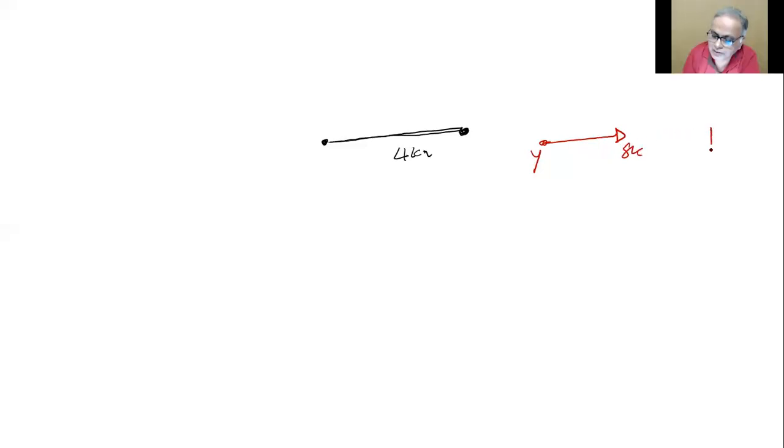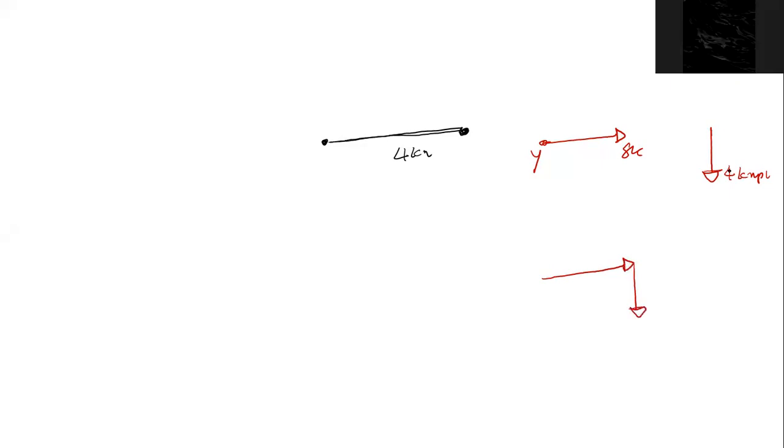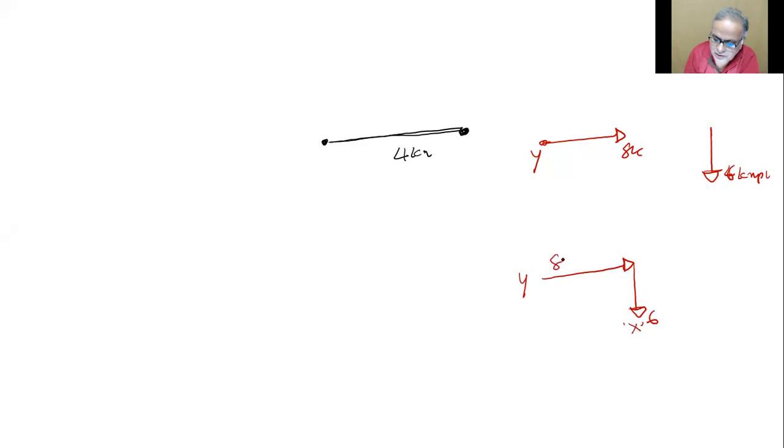X is 6. That actually is somewhere else, but I'll just move them parallel to themselves so that I get a triangle or a rectangle. Okay, a triangle is enough for me. I'll keep this 8 as usual, but the 6 I'll bring like this. Any problem with this? So 6 is whose velocity? X's velocity. This is Y's velocity, 8. Now let X watch Y. So what should I do? Reverse X's velocity. Do you follow?